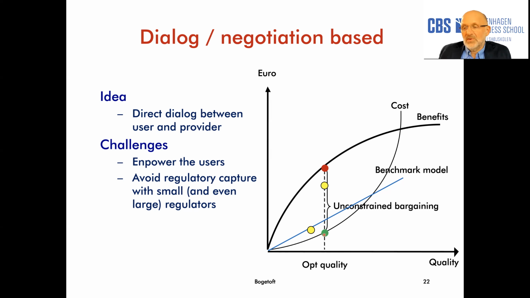Anyway, so assuming that the company is more powerful than the consumers, then you're likely to end up with a payment which is close to the total benefit. So basically, the only one that gains from such a contract will be the company, because they reap all the benefits of this adjustment of quality.